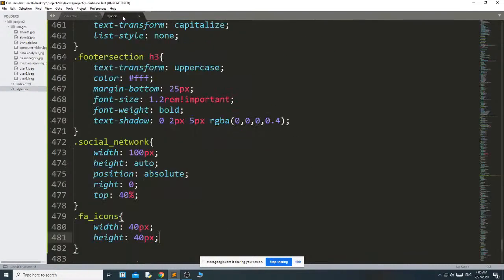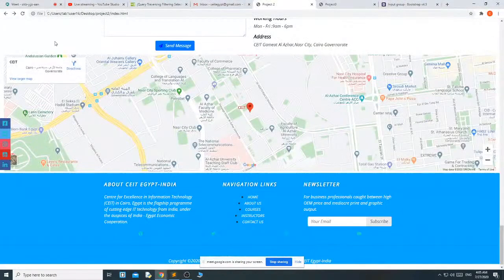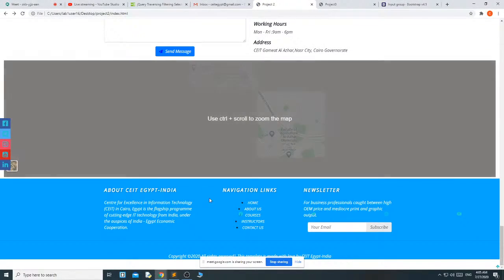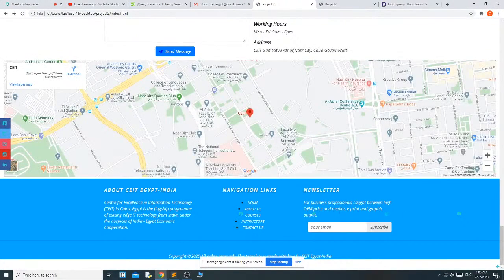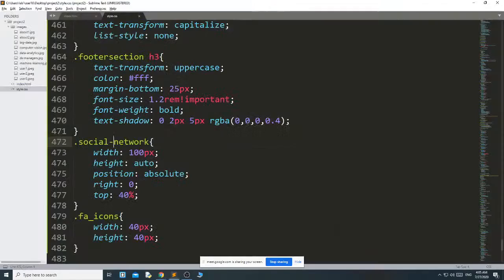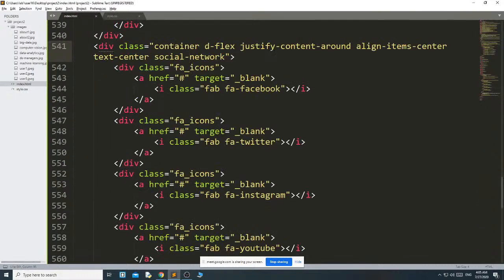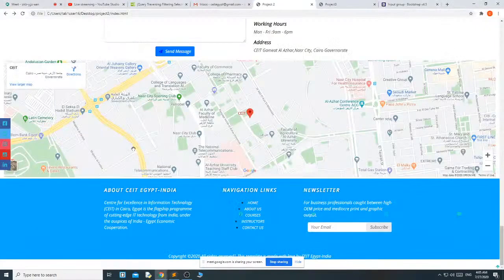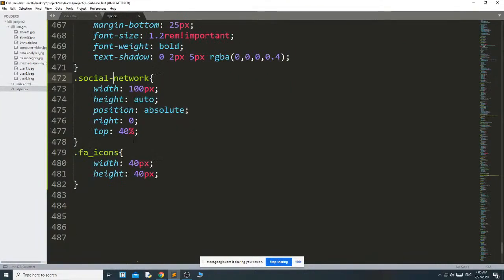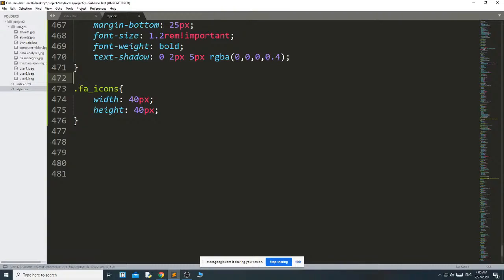Okay, this is not this. Why did it come here? Okay, I will see that. I just won't give anything to the social network, just simply remove that.